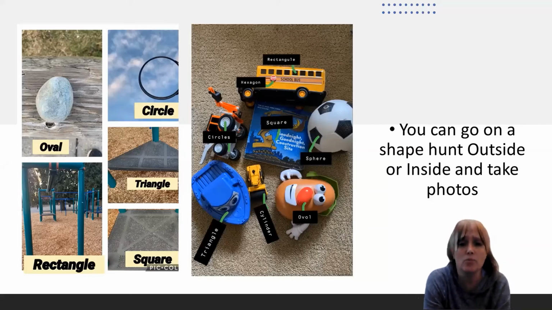Same thing at home. Look at your toys and see what shapes your child knows, and let them take pictures again and point them out. And if you notice shapes that you can share with them, point them out, like spheres and ovals and triangles and cylinders, and just use lots of vocabulary and descriptive words with your children.